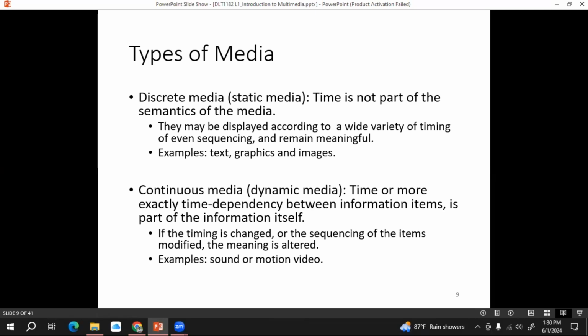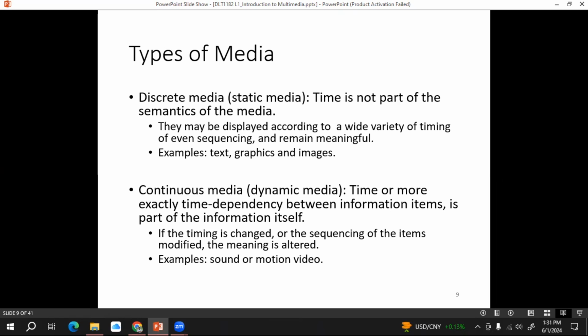We call it dynamic media. If the content or displayed data is not changing with respect to time, we call this media static media, right? Text, graphics, and images are not changing with time. We call them static media.